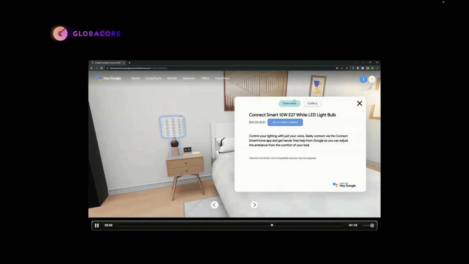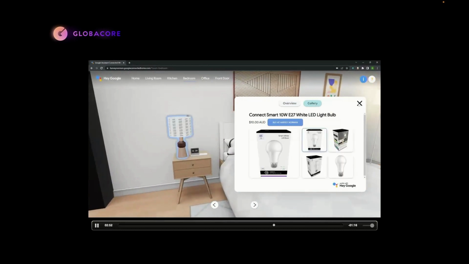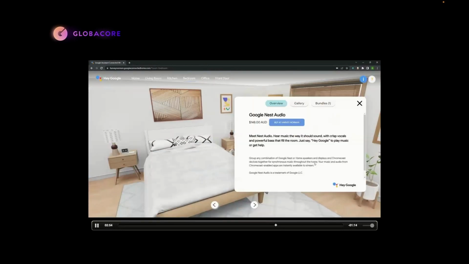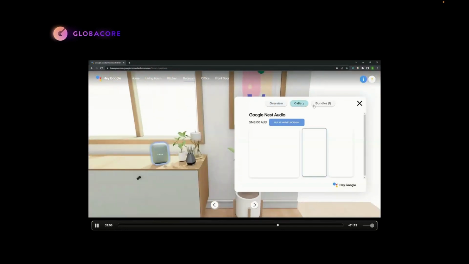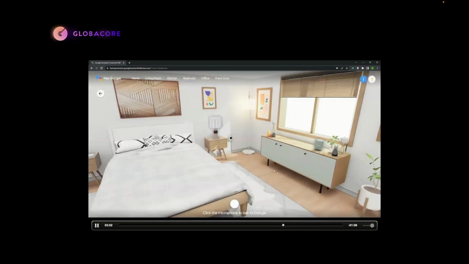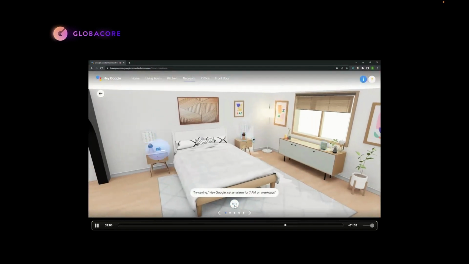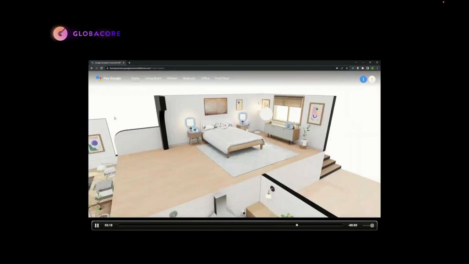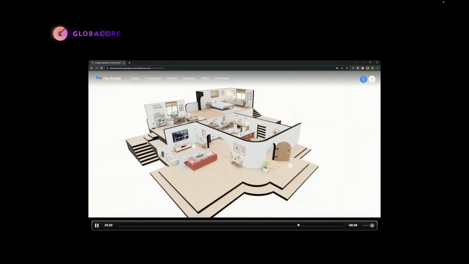And going through the products for each room, again seeing the bundles. Like here, there was a query for setting up the alarm or turning the lights off or on. And as you see, the function turned on the lights in the bedroom, and there were some other customized functions in general.